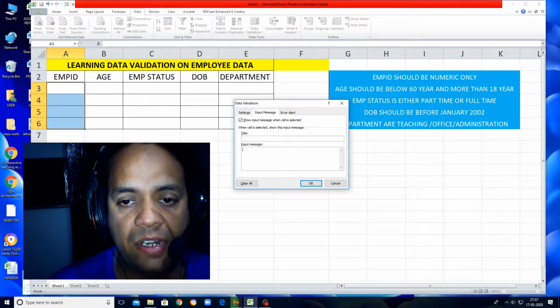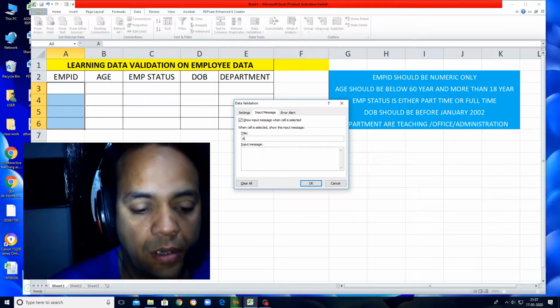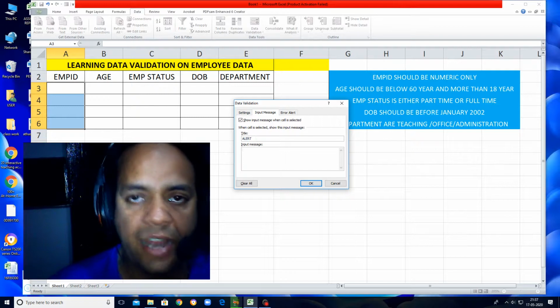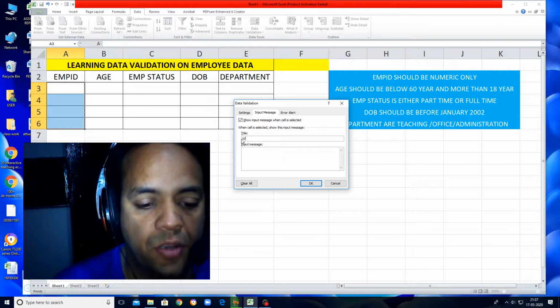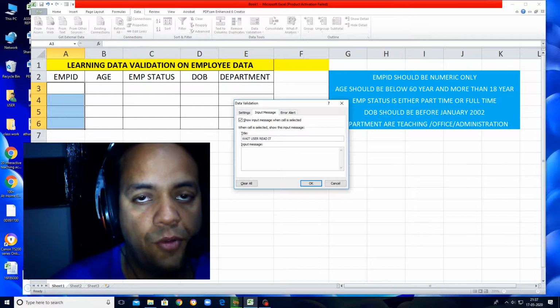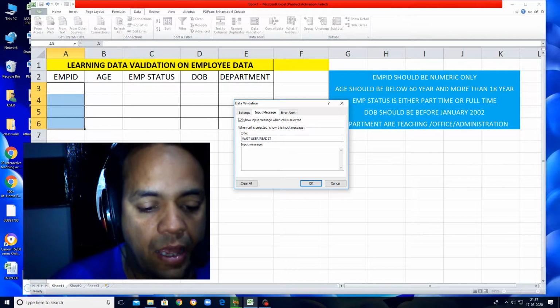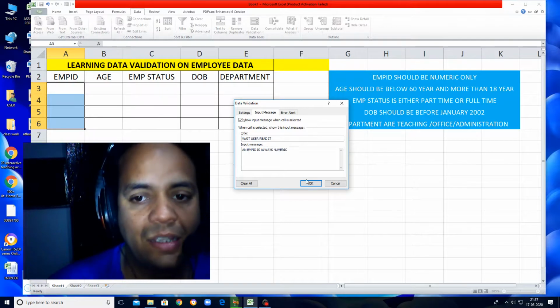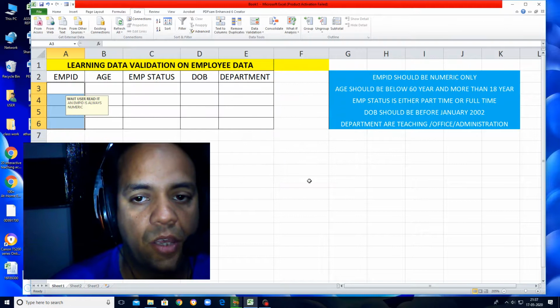So what I have written here is a title, alert. The title can be anything, or you can write wait user, read it. And the message: employee ID is always numeric. I just click OK on it.